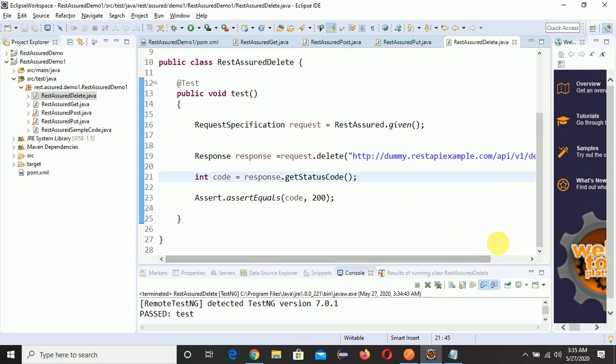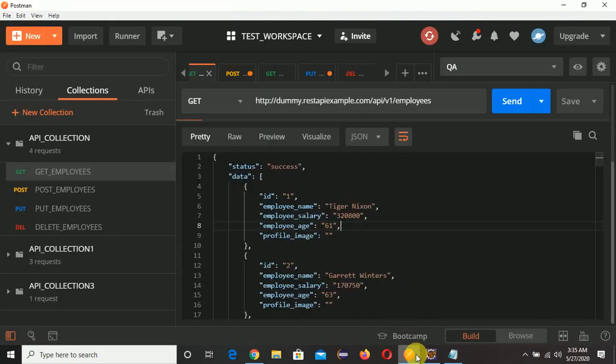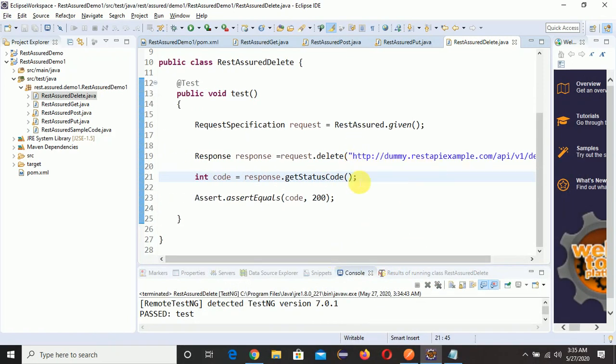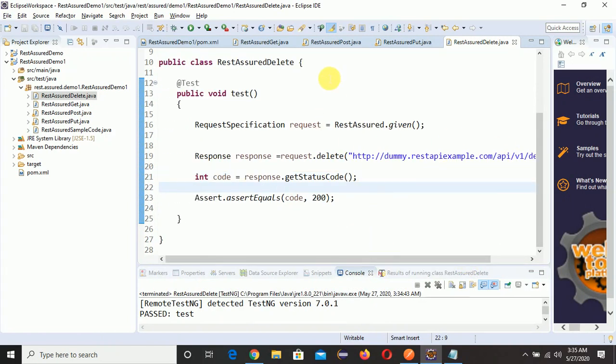So no issue. It's not getting updated in the server as of now, but once you do it, it will work for you, or you can take any other API and instead of this URL you can give that URL and you can delete accordingly, right? So these are the methods you can do in REST Assured. You can use put, post, get, delete, all these things you can do in REST Assured, right? All of these things we have done in Postman, the same thing we have done in REST Assured, right?